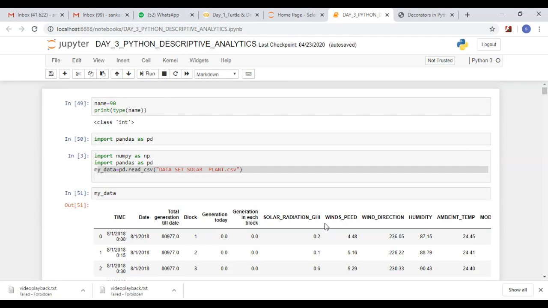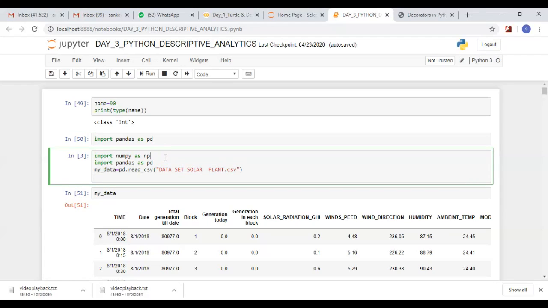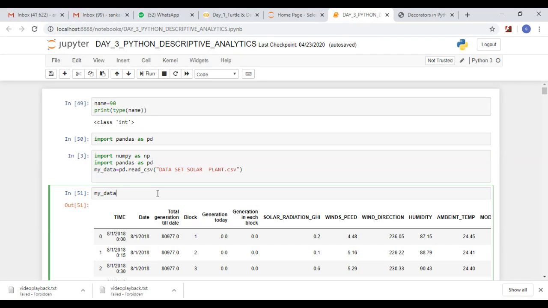Again I am telling, because this is an important topic. This is the basic to handle a data set, so you have to concentrate more. Import pandas as pd, then you are going to perform some numerical operations, so you are importing NumPy as np. Then pandas, then we are going to use this data set. My data we are creating with pd dot read underscore CSV. If using Excel, read underscore XLS like that. Then if I print my data, it will print the table already loaded from the CSV file.